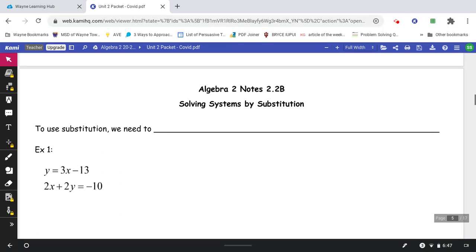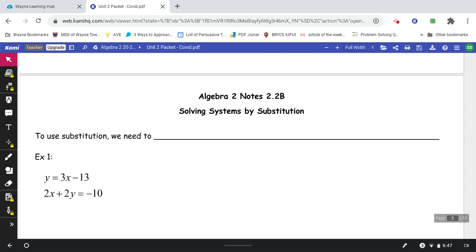These are the 2.2b notes. This is all about solving systems by substitution. So substitution is one of the other methods we're using in addition to elimination, which we did yesterday, and graphing the day before. So for substitution, in order to use substitution, we need to get